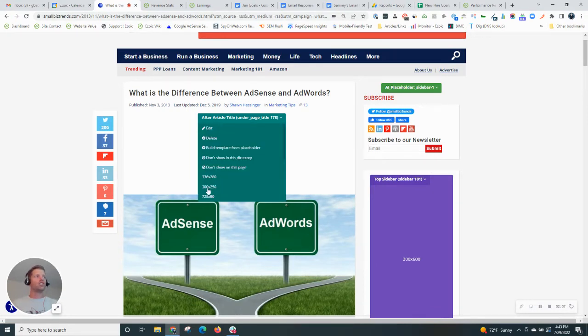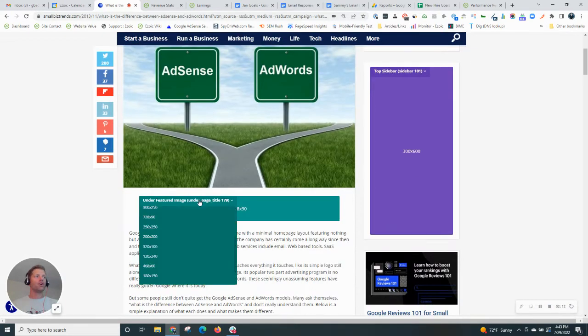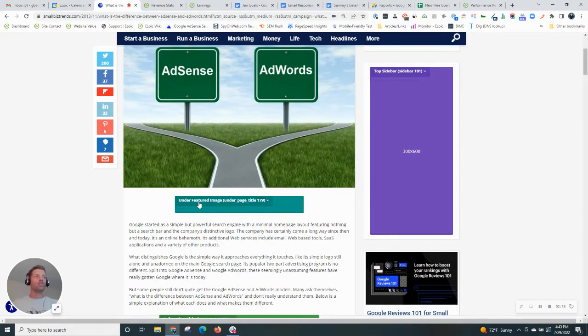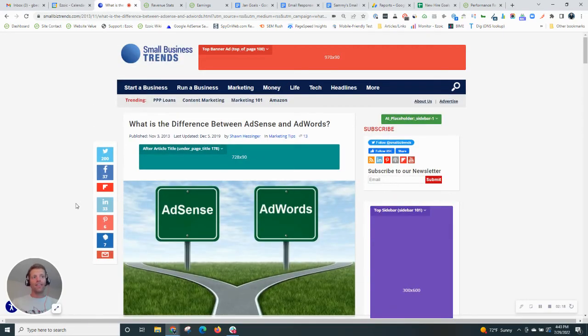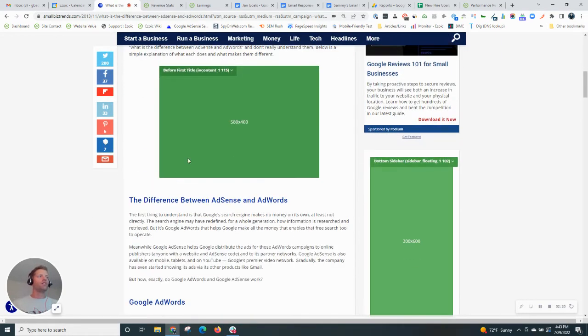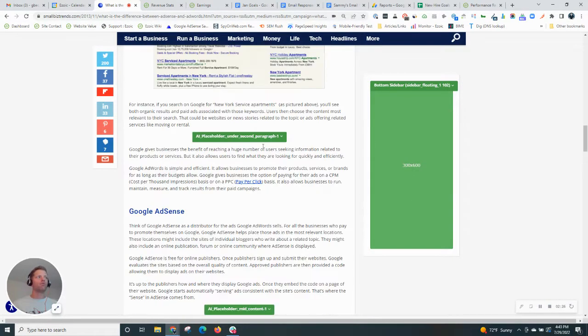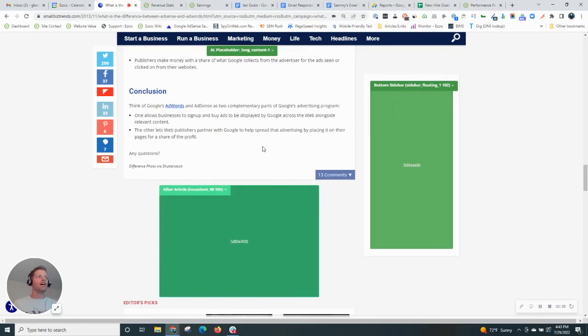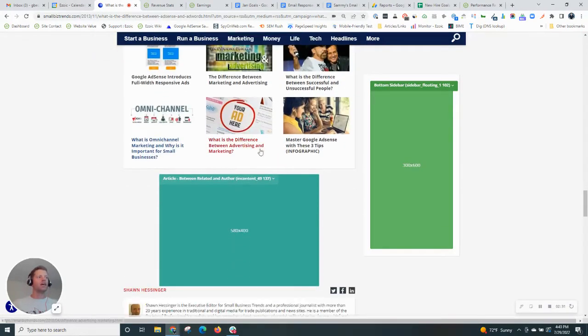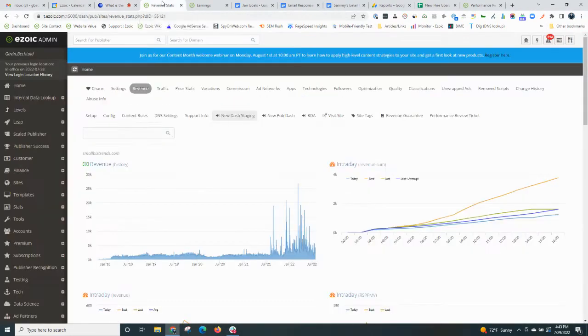Ezoic can adjust not only the size for each user, but also, hey, should we show a different location below the image rather than above the image? And this kind of setup is really mirrored down the entire site. They have a few of these colors that are the same position to allow for more testing opportunities, as you will see within the content. And what does this all actually